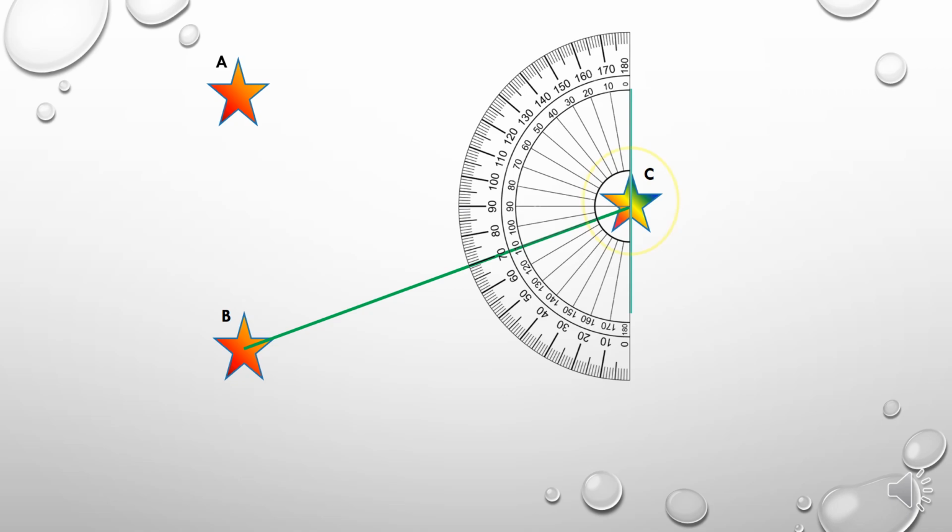Since we have 180 degrees on this side, we must now find this angle right here. Since the line that links point C to point B passed through the angle 70 degrees, our angle is therefore 70 degrees. We now add 70 degrees to 180 to give our bearing